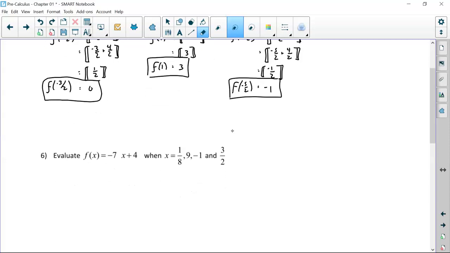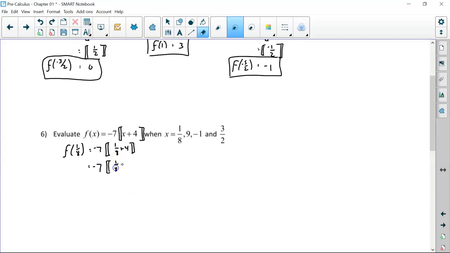Okay, so we'll go to the next problem. Now it's negative 7 times the greatest integer of x plus 4. The greatest integer is around the x plus 4 only. So f of 1/8, negative 7 times the greatest integer, 1/8 plus 4. Working with those fractions still. So it's negative 7 times. Add up the fractions, 1/8 plus. Now 4 over 1 is the same as 32 over 8. So it's negative 7 times the greatest integer of